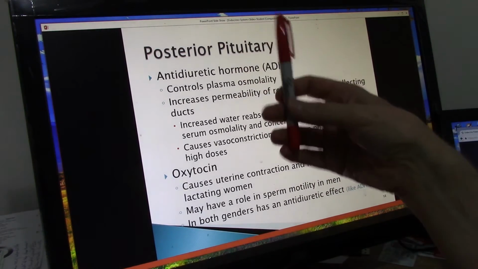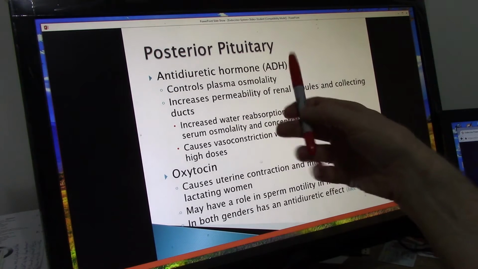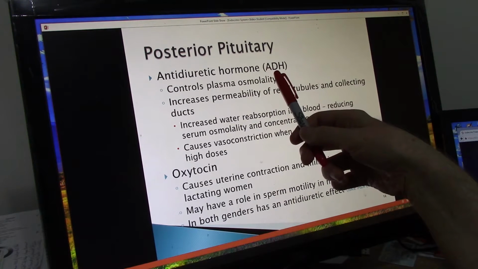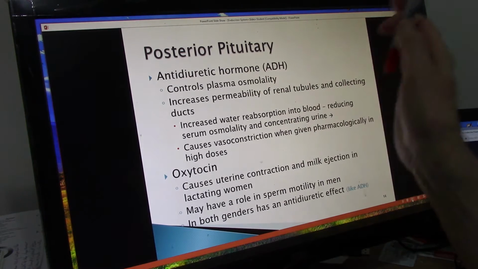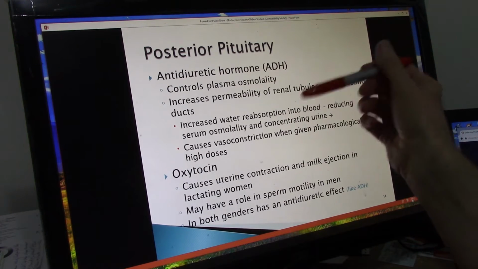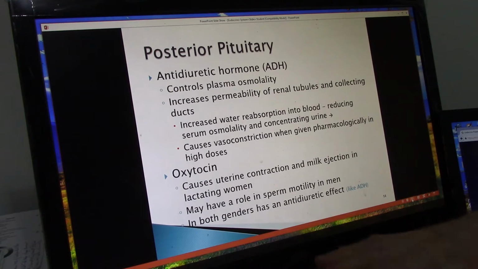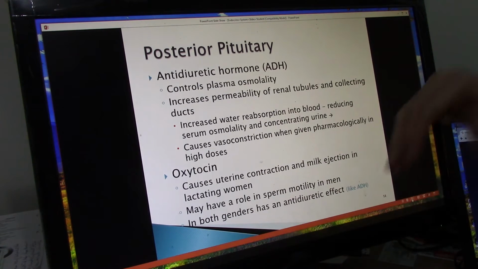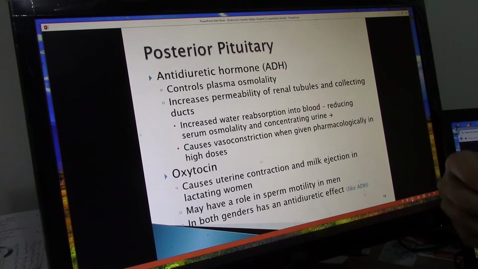And the way we'll do it is we will retain water, so we will secrete ADH, and that's anti-diuresis. It will stop the diuresis. And the way it does that, it goes to the tubules of the nephron in the kidney, and it basically says reabsorb water. Don't urinate the water out, reabsorb it. And when it does that, it will naturally water down the sodium and all of the other solutes in